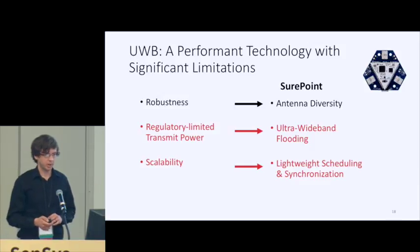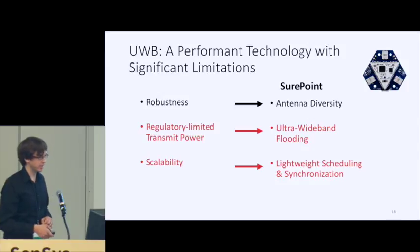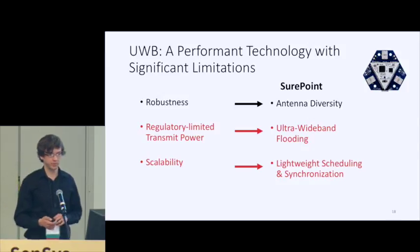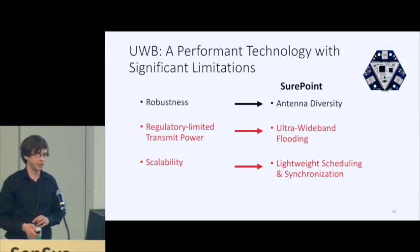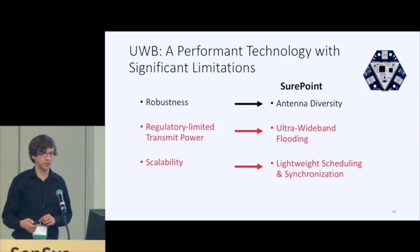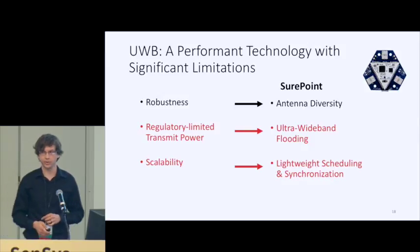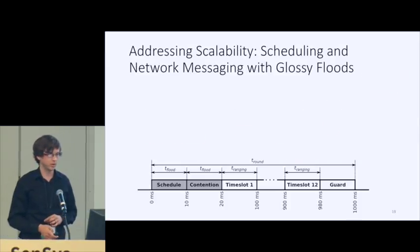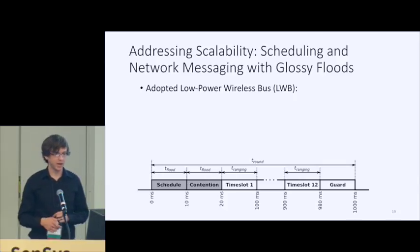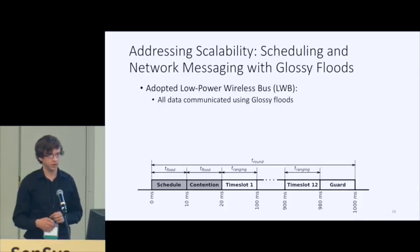So now I'm going to talk a little bit about how we get around the issue of this regulatory limited transmit power through the use of a flooding primitive, similar to that of the narrowband case, and also how we've implemented a lightweight scheduling and synchronization primitive which allows for multiple tags to interoperate and not interfere with each other during localization operations. So in terms of addressing the scalability, we adopted the low power wireless bus in the ultra-wideband